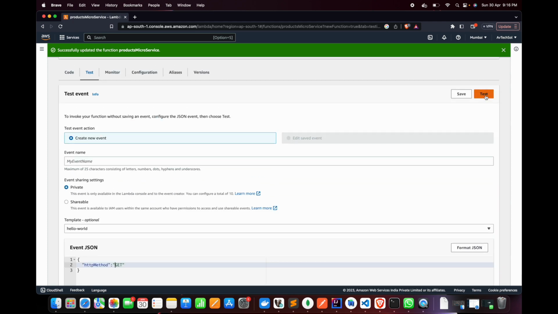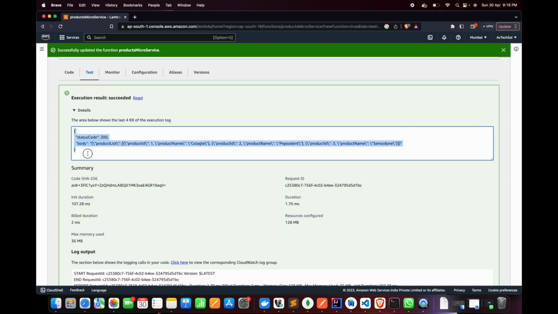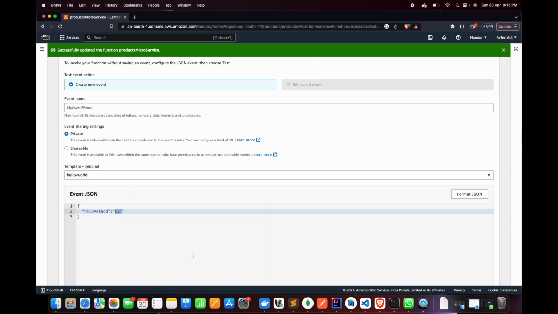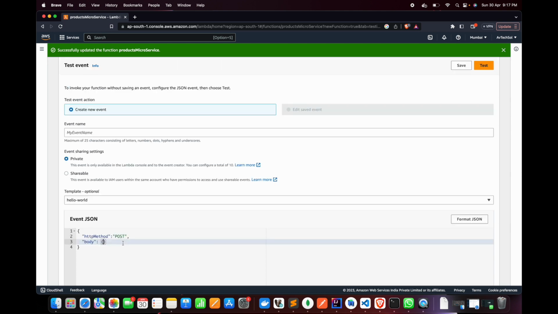So let's click on test here, and you can see the execution results. As you can see, the function is working properly and we are getting the expected response. So now let's try to test the post scenario, and if we are posting something, we will have to send the payload, which we can send in body field. So we are going to add a product. So the fields here should be product ID